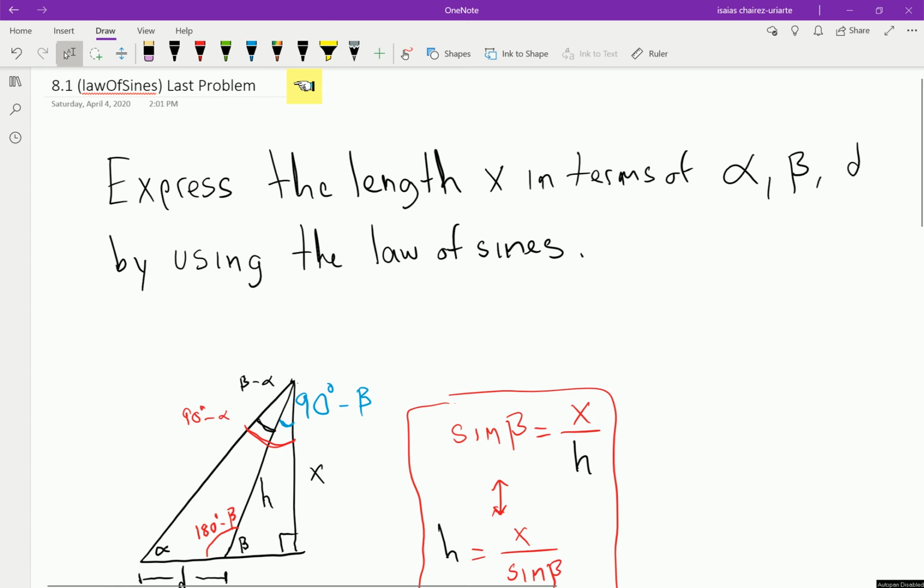Okay, this deals with the law of sines. This is a homework problem from my math lab homework. This is the last problem in section 8.1. The reason why I made a video about this problem is because more than 3 people asked me how to answer this question. And so I figured let's just make a little video and I'll post it online and you can look at